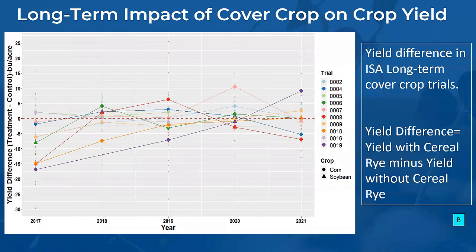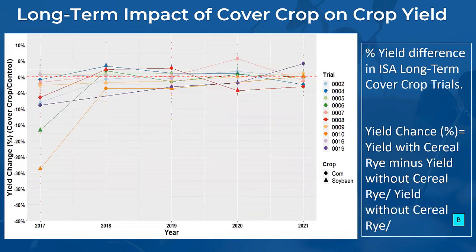First, they probably need to get used to it and learn how to manage, plant, fertilize, terminate, and so on. So that's not really new. The problem is that a lot of times when farmers start cover crop and see the yield losses, they would often quit. Another way to look at this is to look at the yield change as a percentage,